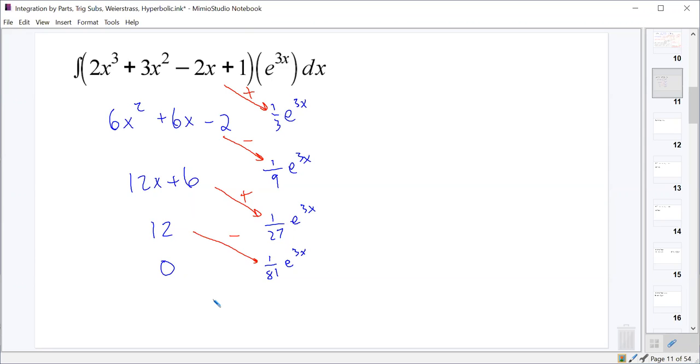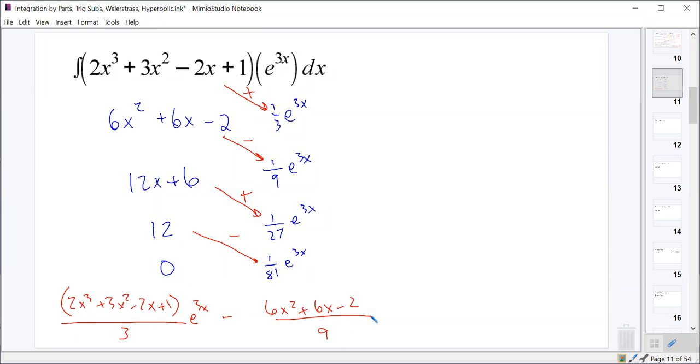So our final answer here should be 2x cubed plus 3x squared minus 2x plus 1 over 3 e to the 3x, right? There's my 1/3 e to the 3x, and then that first term. And then minus 6x squared plus 6x minus 2 over 9 e to the 3x plus,